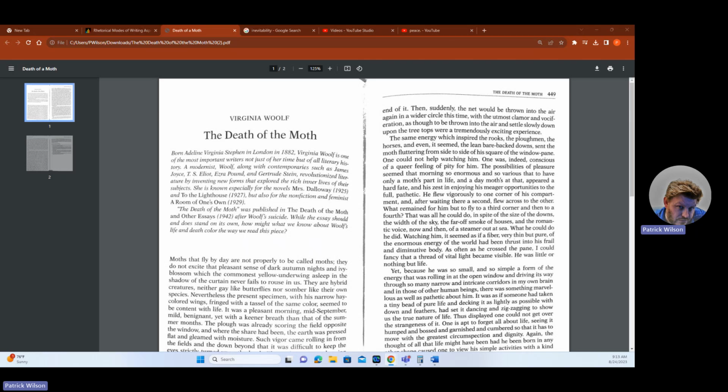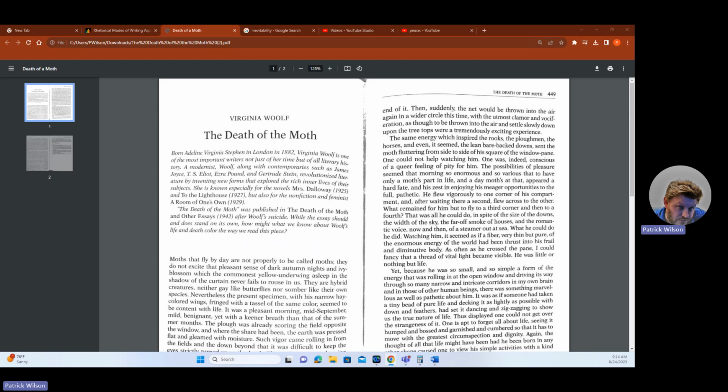It demonstrates how a seemingly simple event can be infused with symbolic significance, encouraging students to think critically about the layers of meaning in their own narrative. So think about whatever essay topic you choose from that list for essay one. Think about something that could be symbolic or represent a metaphor in your particular narrative, like Woolf does here with this little moth. If you've read anything from Virginia Woolf besides this piece, she has written other short stories.